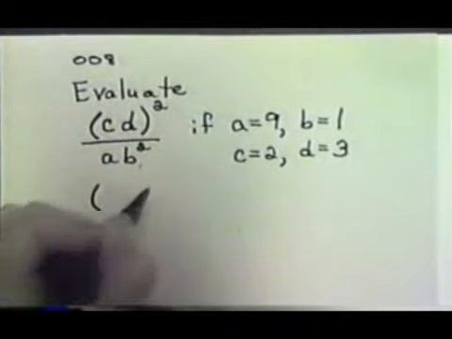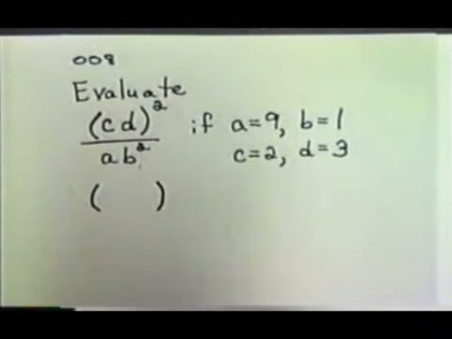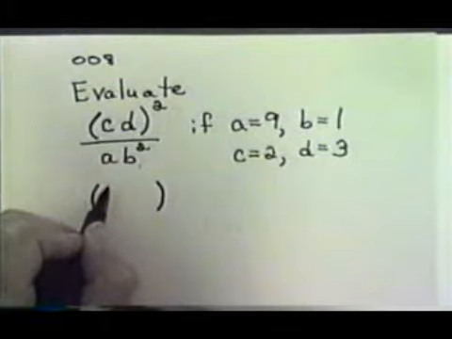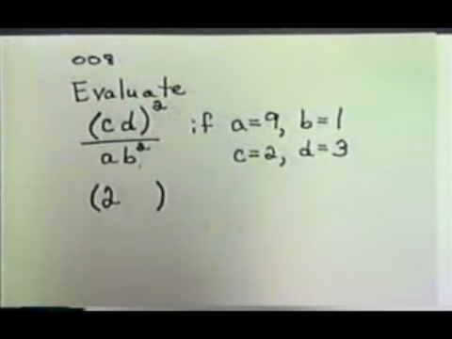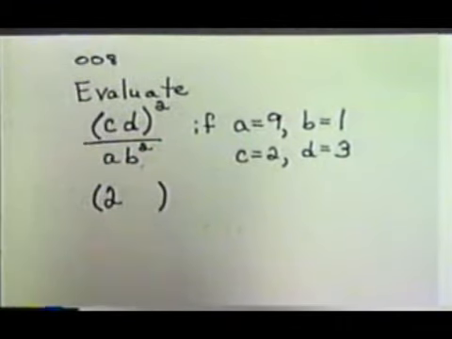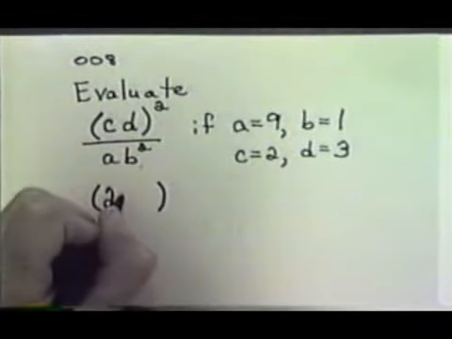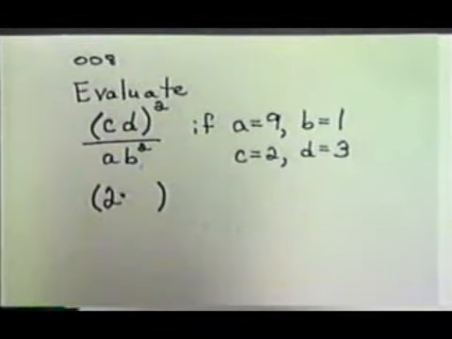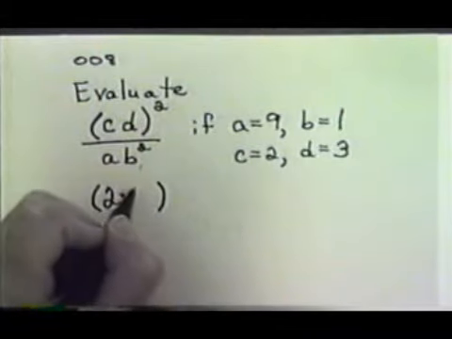I'm going to put my parentheses, and inside of the parentheses I want to fill in c and d. So I put 2 in for c, and then I need to know what operation should go between the c and the d. Since they're written side by side, that's a way in a formula that we show multiplying. So I put something to show multiplying. I'll just put a dot, and then my 3,